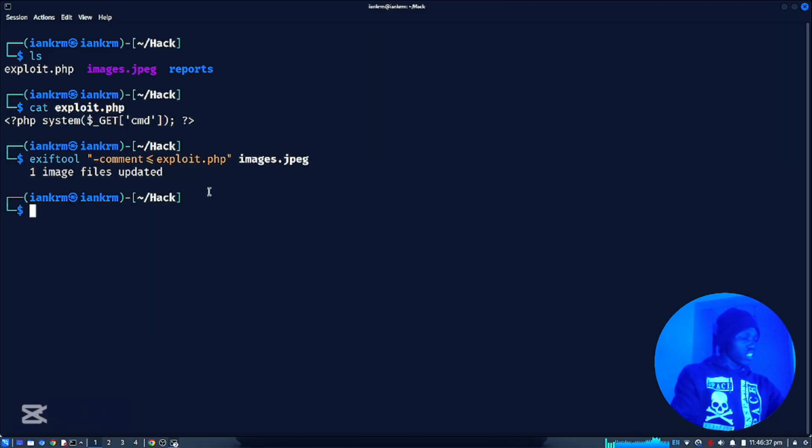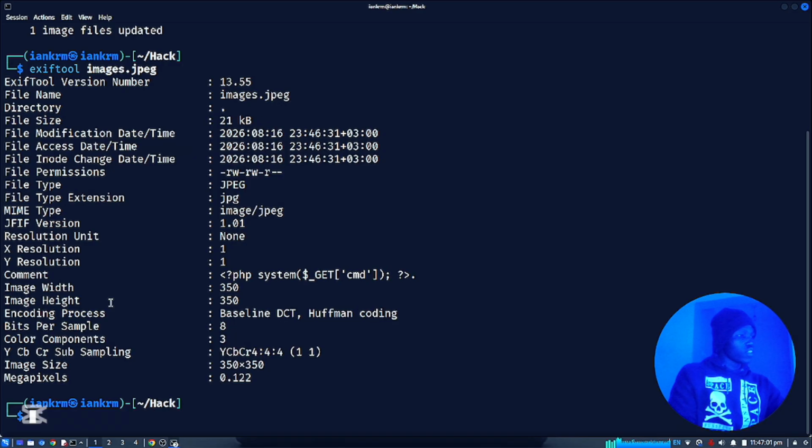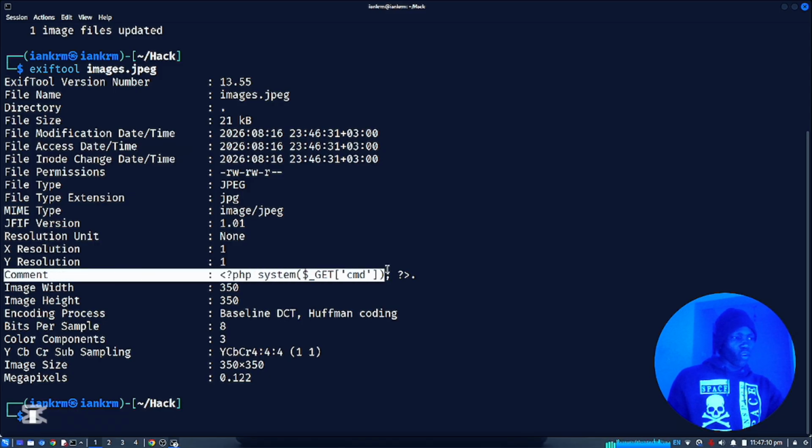So now let's check the file itself and see if we have the payload inside the image. So this is our image. So exiftool images.jpg. So we get to see we have a lot of information displayed here, and here is our payload. Our payload is actually here, and notice that when an attacker sends this to his victim, the victim won't be able to